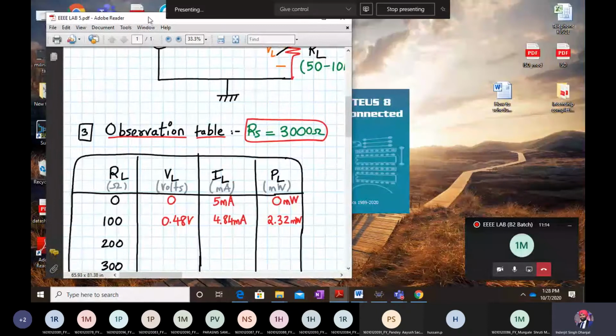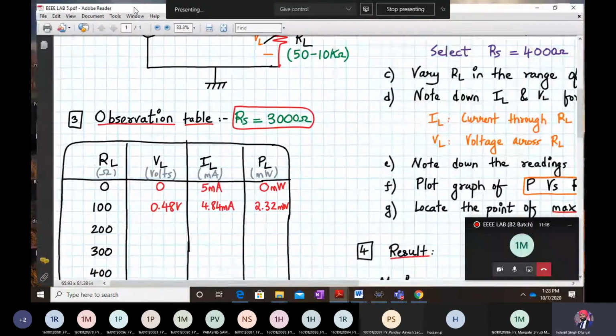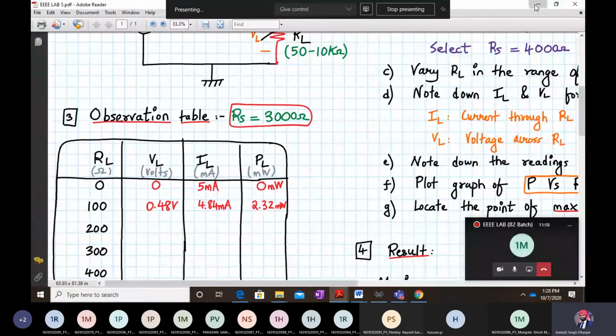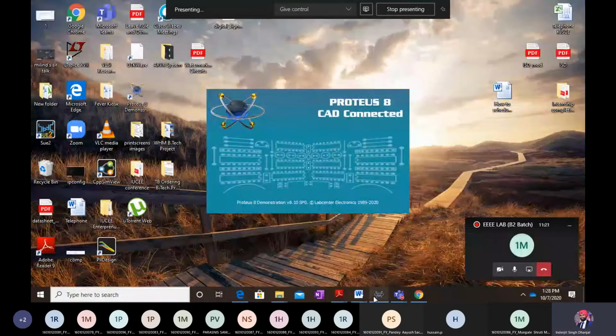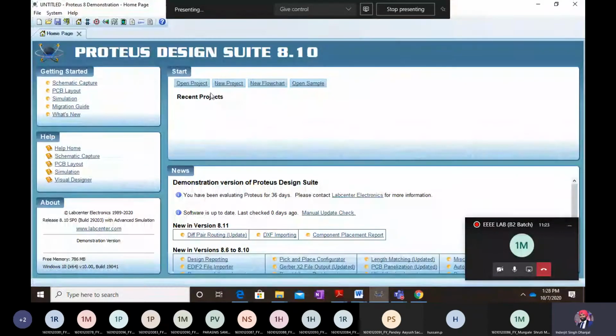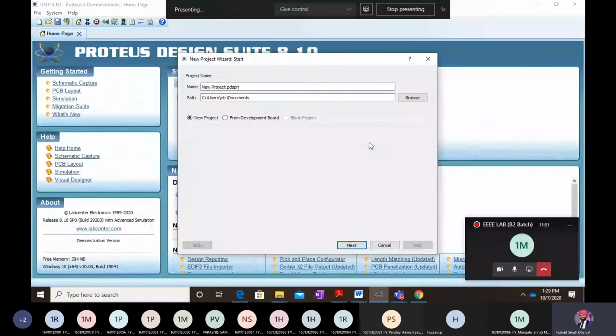Okay, let me start Proteus. So you go to new schematic, new project. It will take some 5 to 10 seconds to start, and click on next.